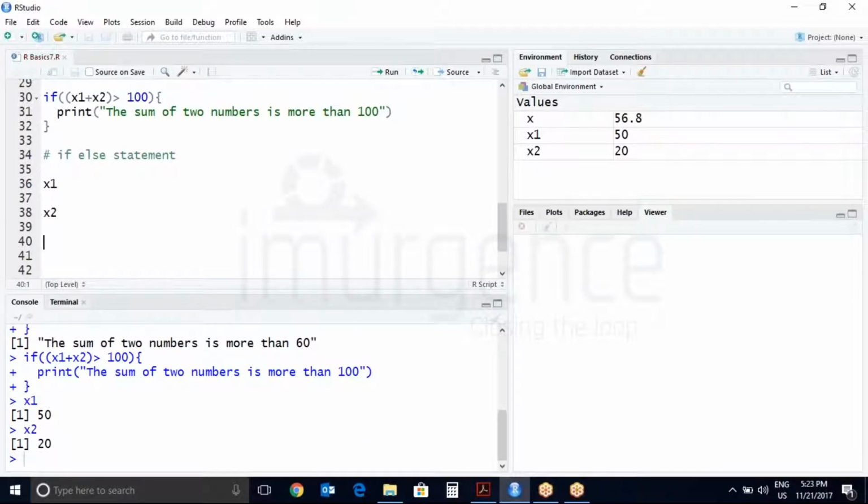Now I will use the same conditions. If x1 plus x2 greater than 100, followed by curly braces, then it will print